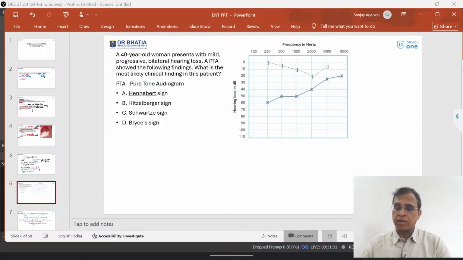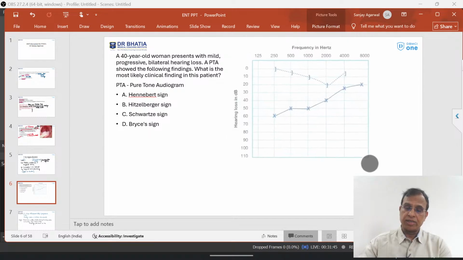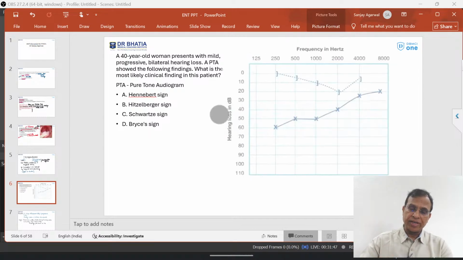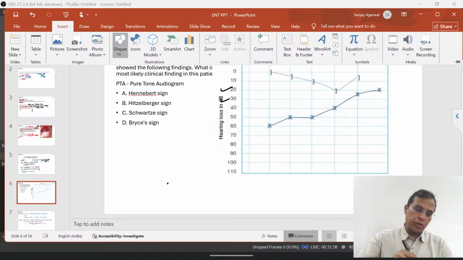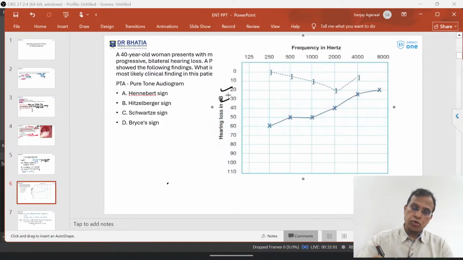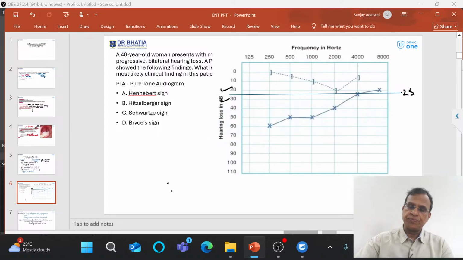The audiogram is a type of graph. We cannot discuss the audiogram here, but in the lectures we try to tell you the basics of audiometry. Now this is a very special audiogram. Two things that you can note in this audiogram. Let me enlarge this. What are the two important findings in this audiometry? Number one, see, this is 20, this is 30. Between the two will be 25. So if I draw a line between 20 and 30, it is going to cut through 25. Now in audiometry, this line that I have drawn at the level of 25 decibel